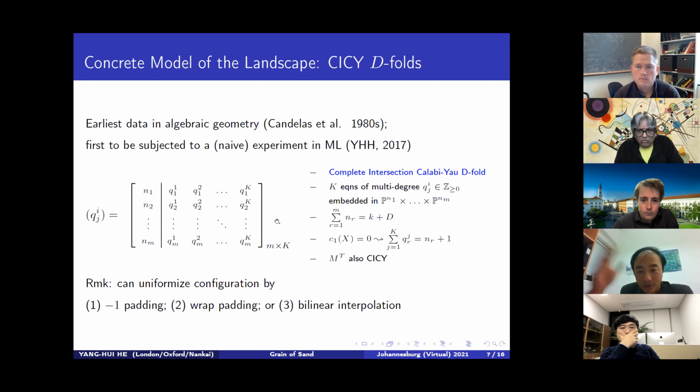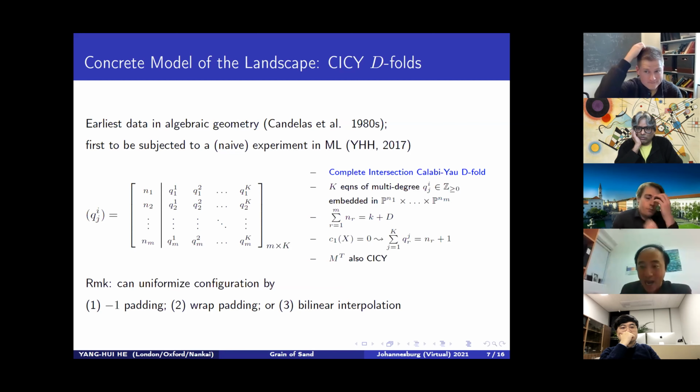And then of course you say, well, they're all different sizes. So you can uniformize this configuration by various techniques. For example, you can do -1 padding, meaning you make all of them the same n by n matrix, but with -1s, because these are degrees, so -1s don't mean anything. You can do wrap padding by simply tiling a smaller size, or you can even do bilinear interpolation, meaning that you can take a 3x3 case and then just linearly extrapolate to like a 28 by 28 size one, just to